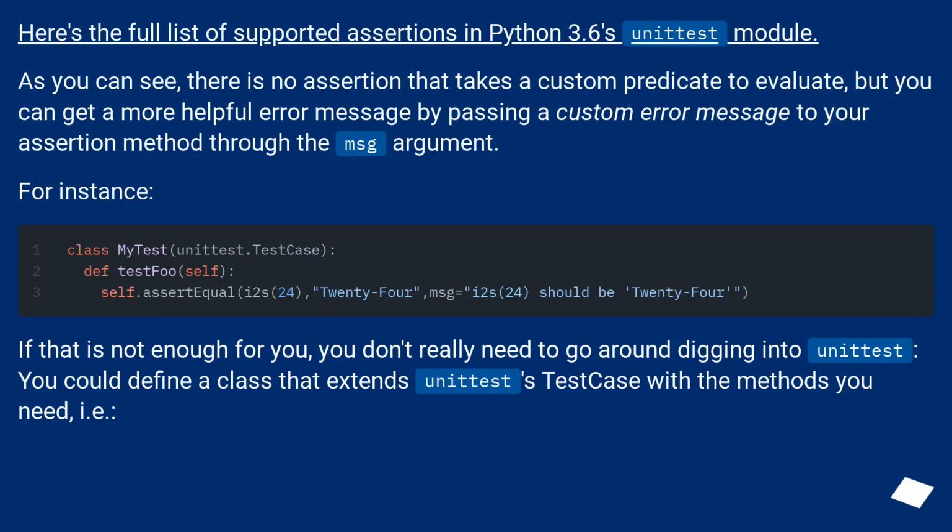Here's the full list of supported assertions in Python 3.6's unittest module. As you can see, there is no assertion that takes a custom predicate to evaluate, but you can get a more helpful error message by passing a custom error message to your assertion method through the msg argument. For instance,